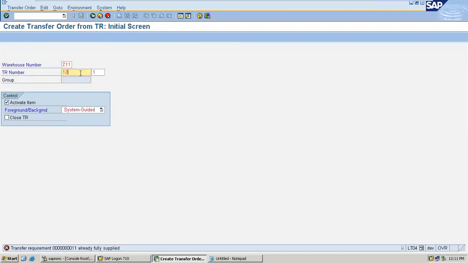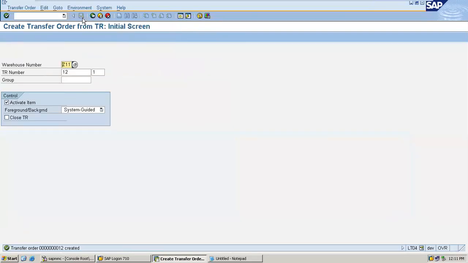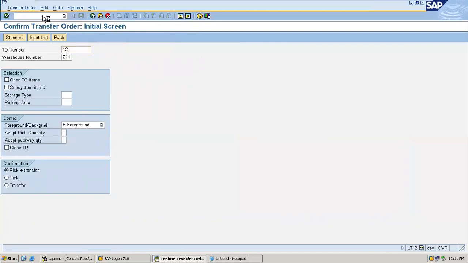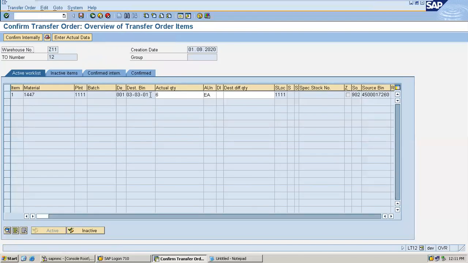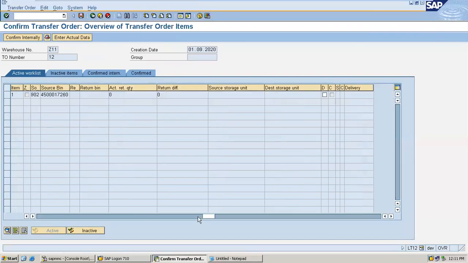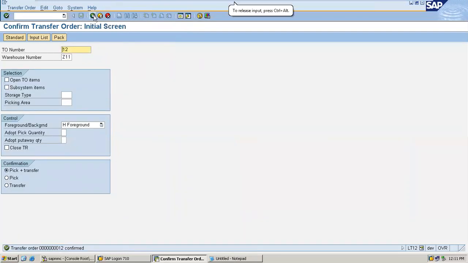It's 12. Sorry, it's 12. Now post it. Save it. Now go back. Go to LT12. I'm going to confirm it. So I'm going to post it here in the bin. Destination bin 030301. This is the destination. Save it. Now come back.